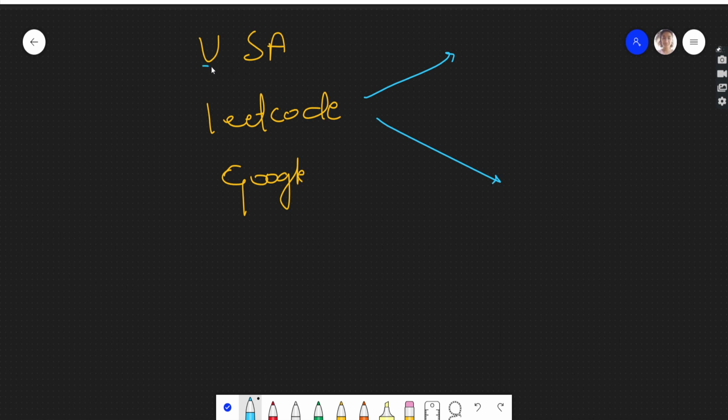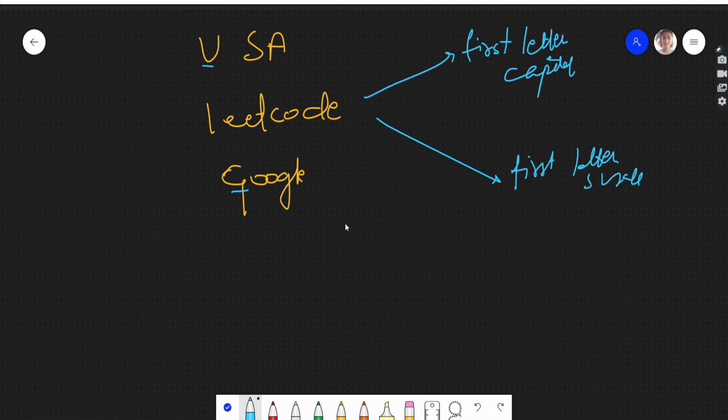One is that the first letter is capital, and the second case could be that the first letter is small. So these are the two cases which can be there.